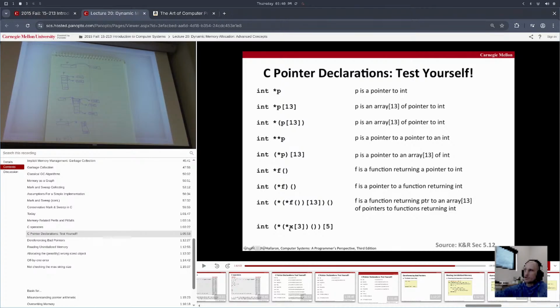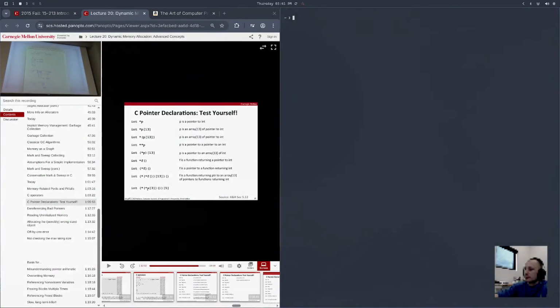Let me see if I can get this. So X is an array of 3 elements of pointers to functions that return pointers. I gotta write it down because I'll forget, and I won't be able to validate if I was right or not. So